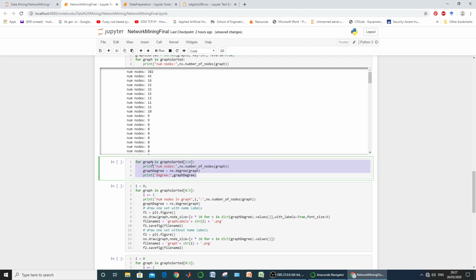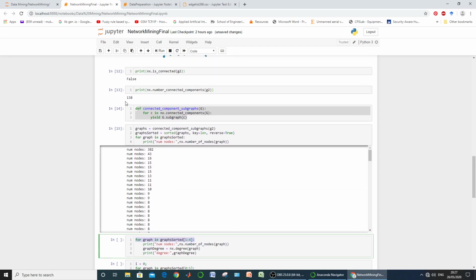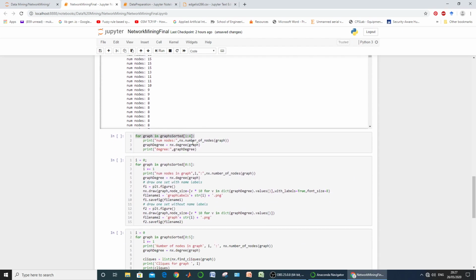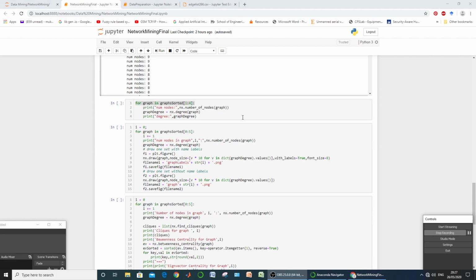Now we want to see the number of nodes present within the graphs which were sorted earlier, and also have a look at each node with its individual degree. So this first statement says that for graph in graph_sorted, as there were 138 individual subgraphs, we are just considering only three graphs.